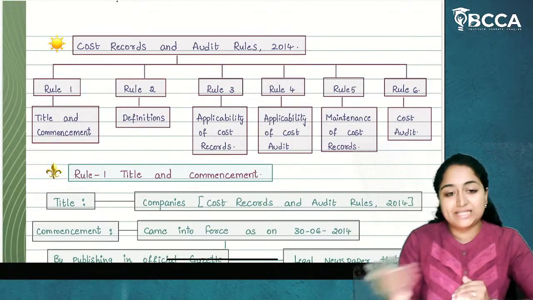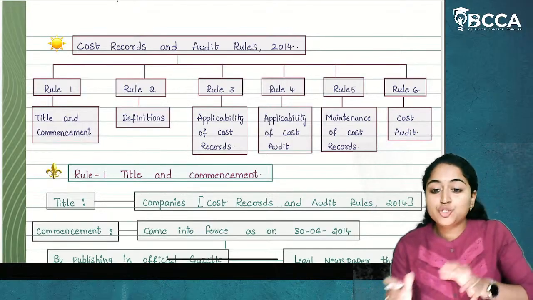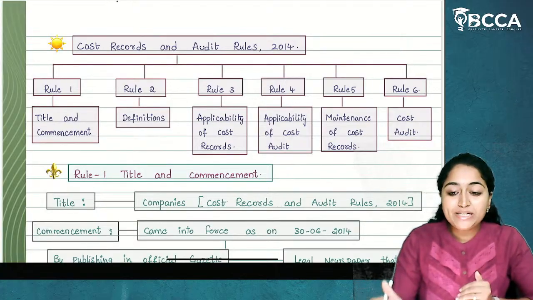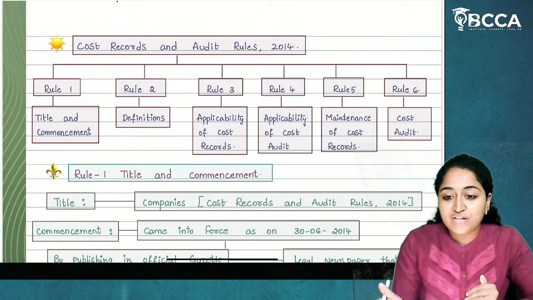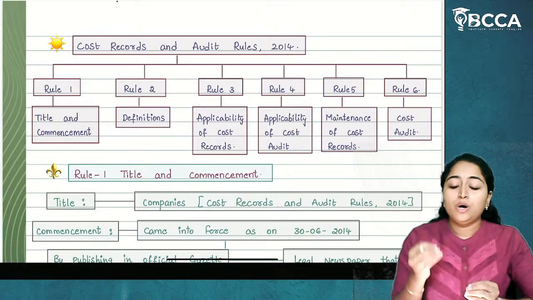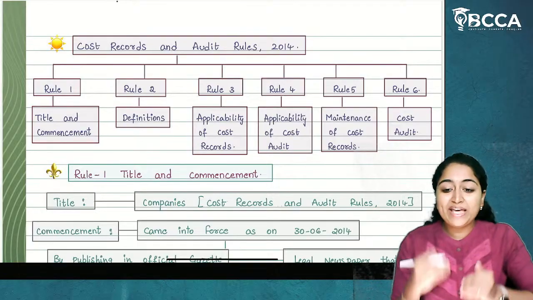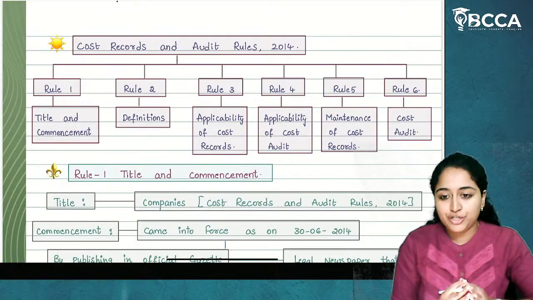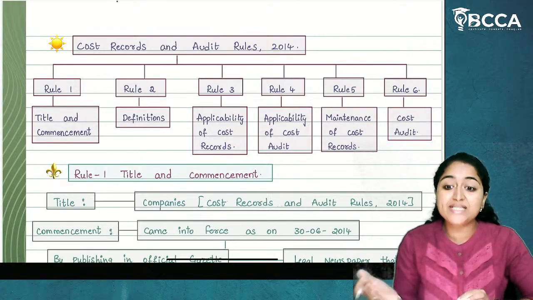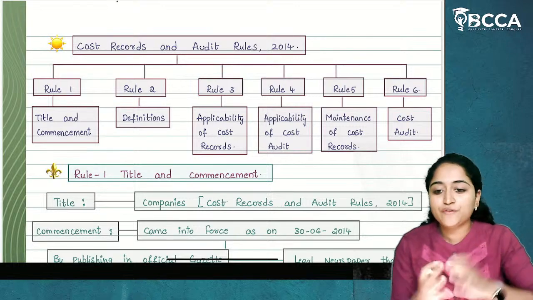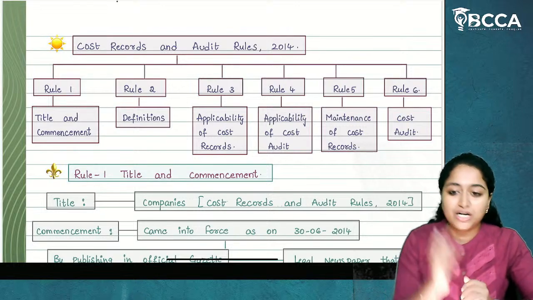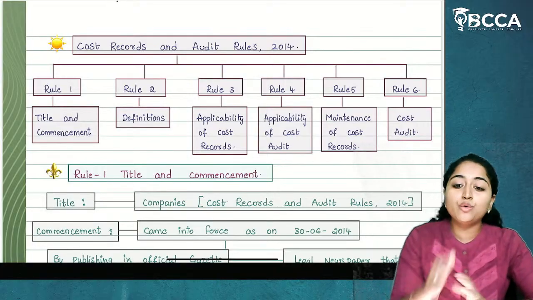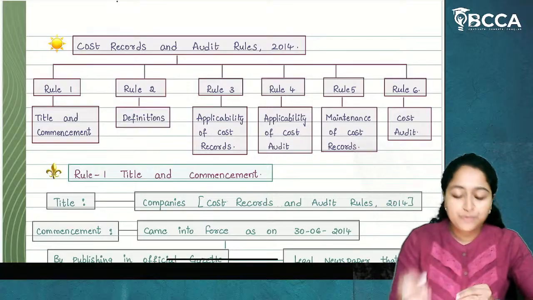And then in rule 6, we saw about cost audit, in which the cost auditor should be appointed within 180 days from the commencement of the financial year. When the cost auditor is being appointed, the engagement letter should be provided by the company, and the cost auditor should give his consent letter with a certificate. What are the contents of the certificate? We saw that, as it is a question tested in the previous examination. So these are the rule-related questions we saw in the previous class.